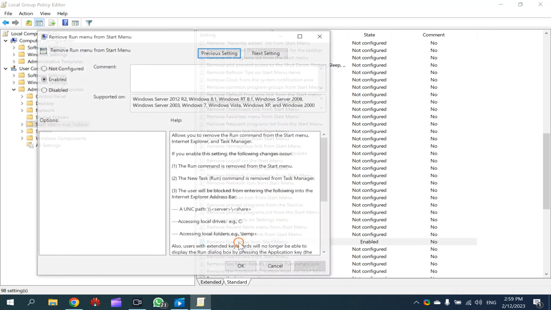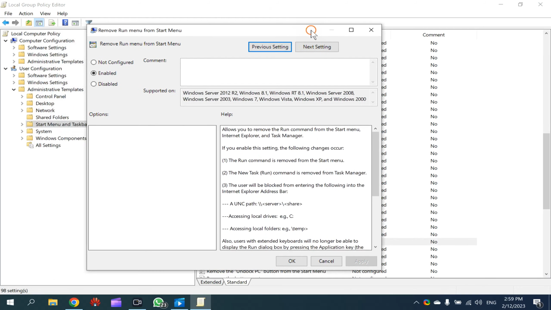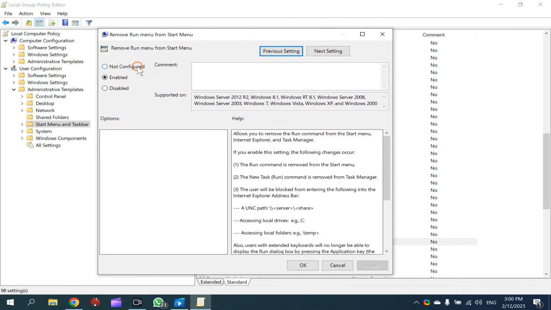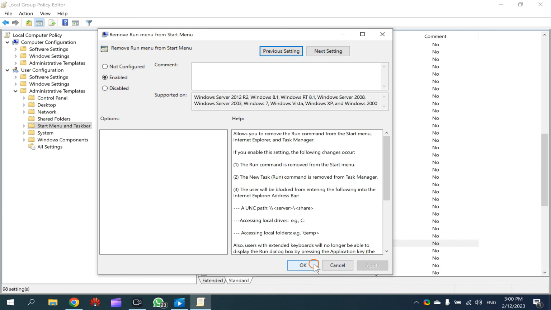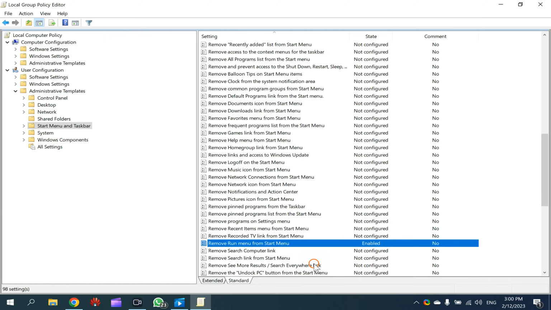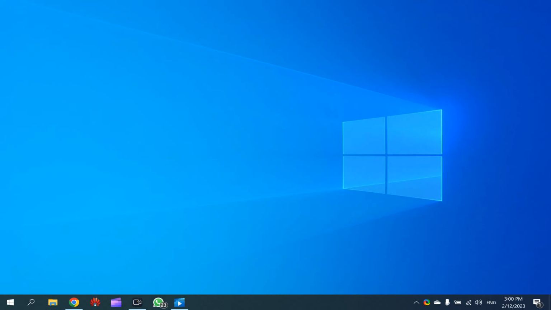Remove Run from Start Menu, and double click on this one. Settings. If you want to enable the Run menu on Windows, then you need to select Not Configured or Disabled option. And if you want to disable or remove the Run menu from your Windows, then you need to select here Enabled option. Then click on the Apply button, and after that click on this OK button and restart your PC once